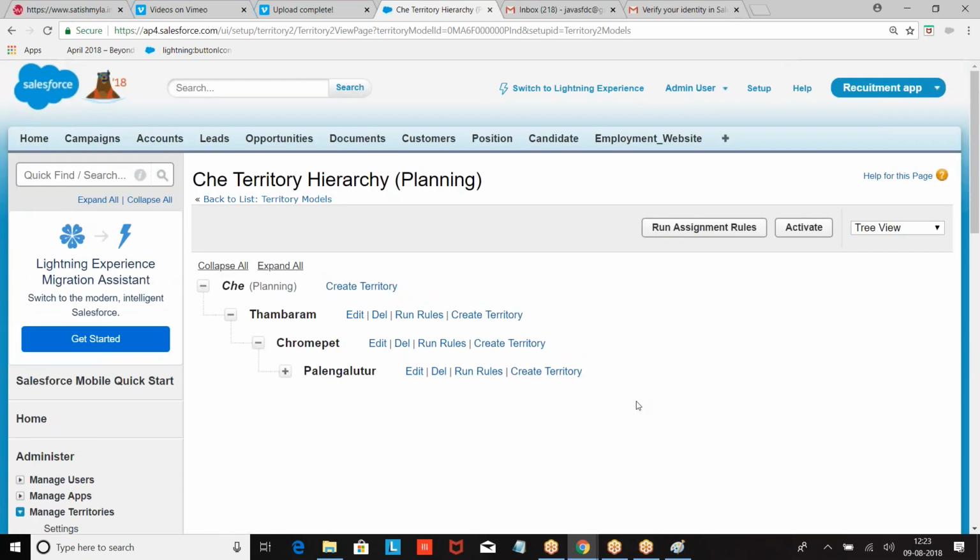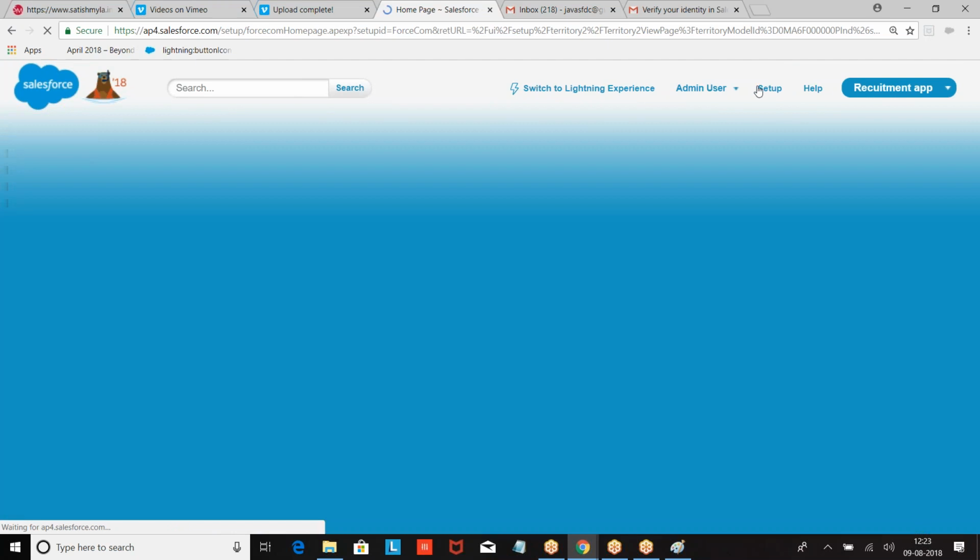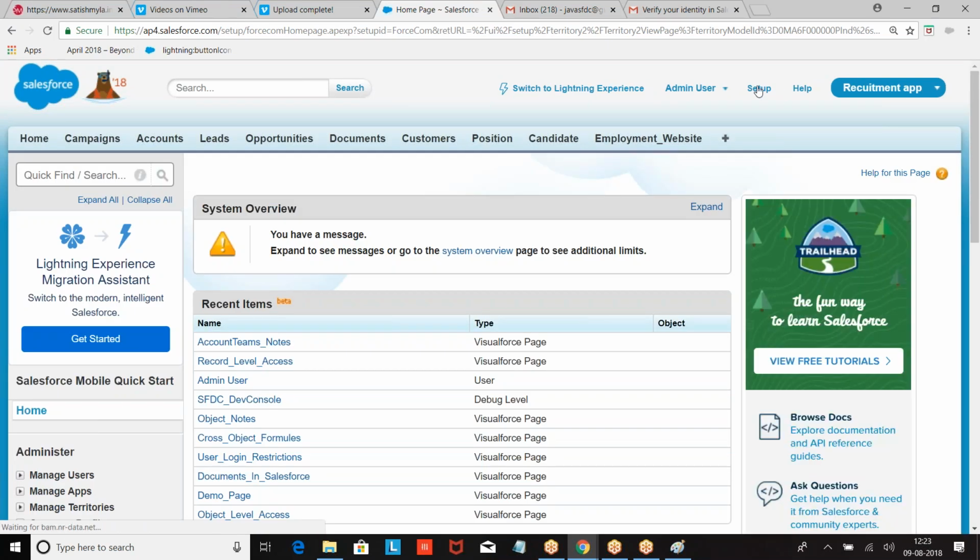So finally, record level access is coming in how many ways? Tell me. First, always first OWD. OWD specifies the minimum. The next goes to profile and permission set. That is for view all, modify all, view all data, modify all data. Now, we also have role hierarchy. So OWD, role hierarchy, profile and permission set.